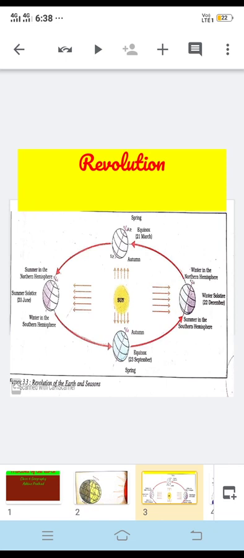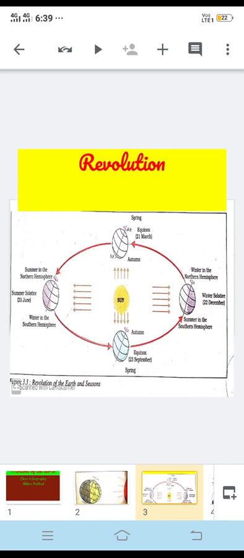The portion of the earth facing the sun would always experience day. This will be the result. Suppose the earth is not rotating, then only half of the earth will get the sunlight, so it will be day throughout the year. It will bring continuous warmth to only that region which is getting the sun rays.